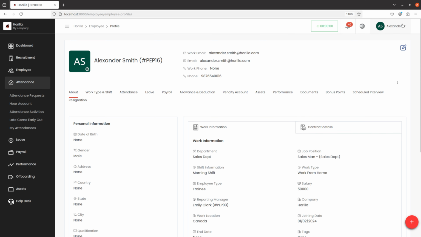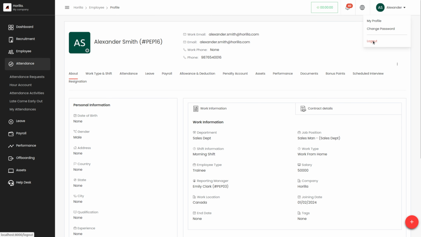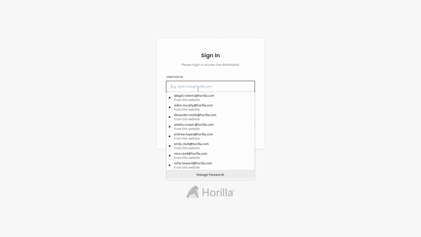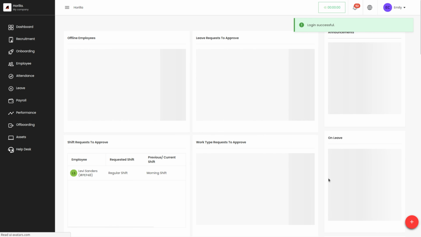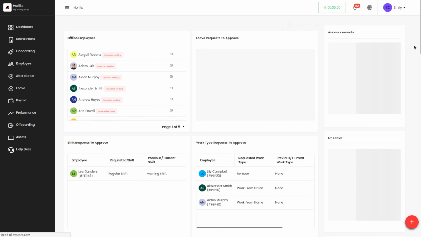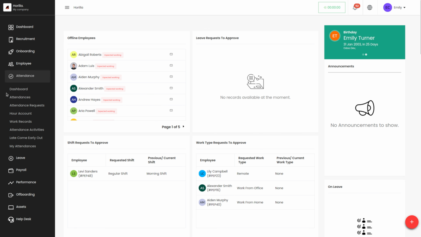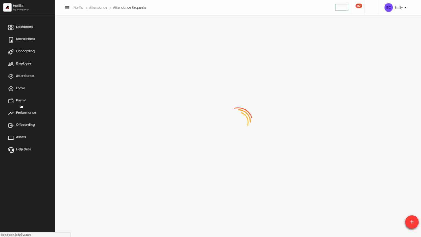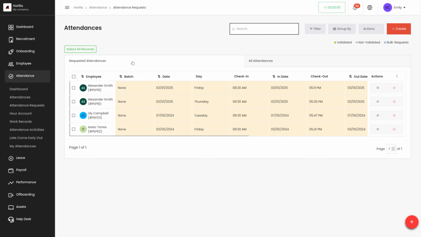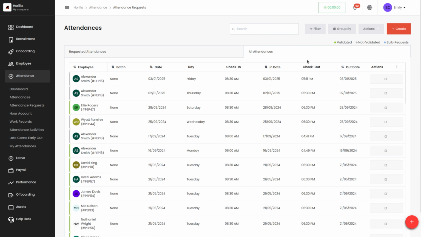Let's log out and log in as Emily Clark. So this is Emily Clark's employee portal, and let's see how she can manage the attendance request of all of her subordinates. Under the attendance, we have the attendance requests. Similarly, she also has two tabs, that is requested attendance and all attendances.